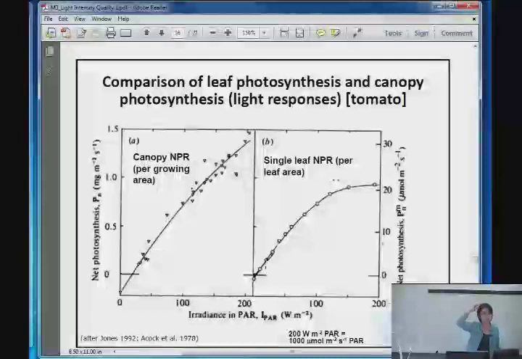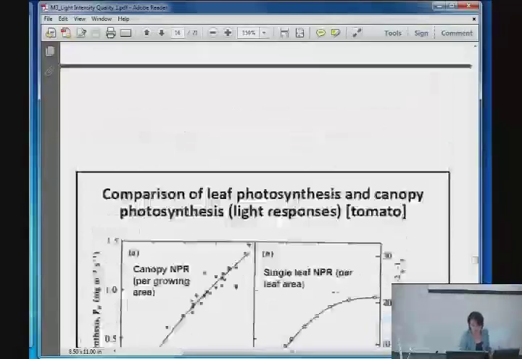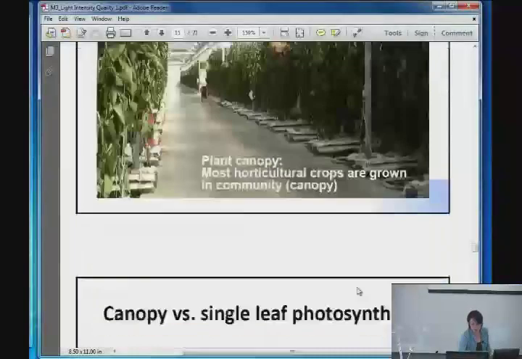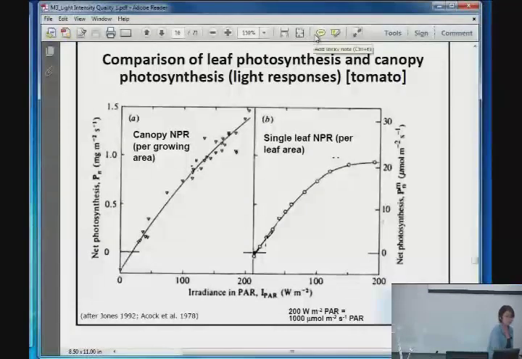And then the leaf is saturating, but the canopy, which is basically the number of plants growing, like in this situation, this is not the tomato, but in that case, if you measure the whole canopy photosynthesis, it doesn't saturate. So the big question I want to ask you to think about is why this is happening like this. All right, so again,